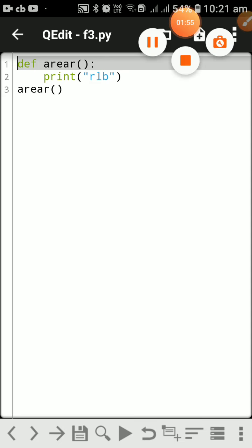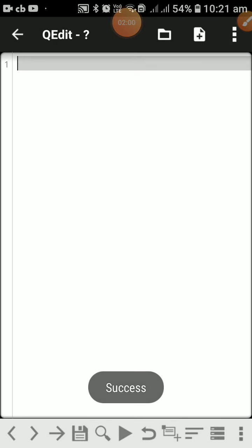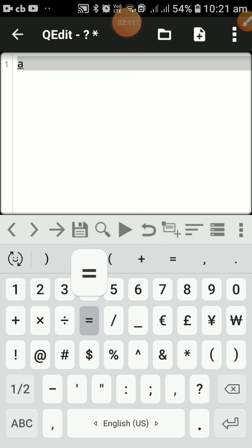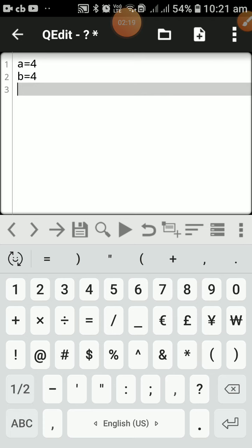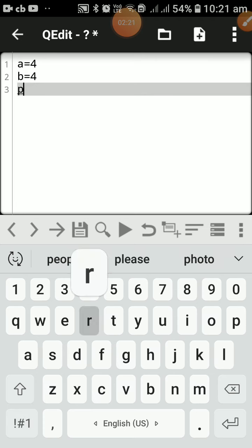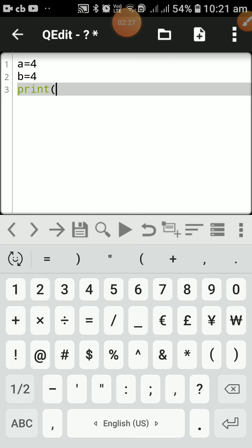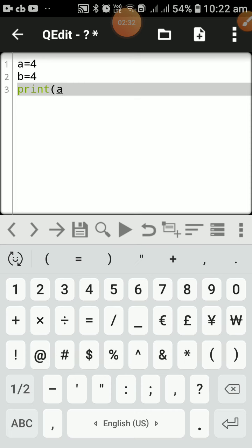Now for the editor mode, you will get a file, open a file. To open a new file you have to go on blank, and this is a new file. You have to type anything like this. Suppose that if I want to add two numbers, so take two numbers first like this, and then I am printing the data. I can do it directly also, but here I am taking the help of the storing elements A and B, like this.